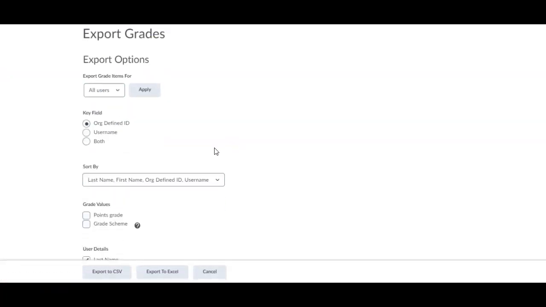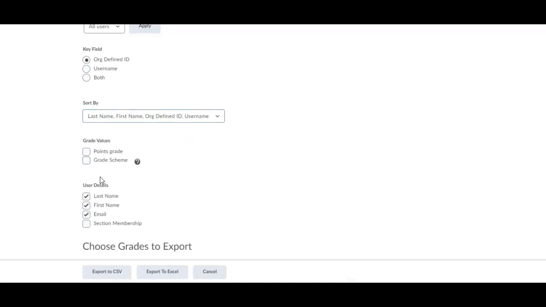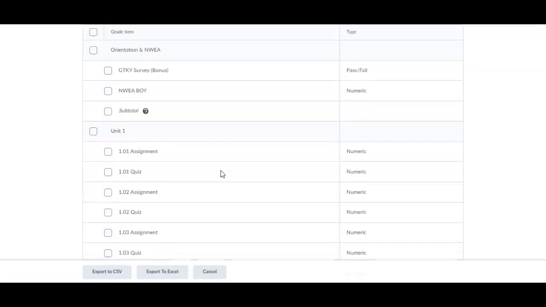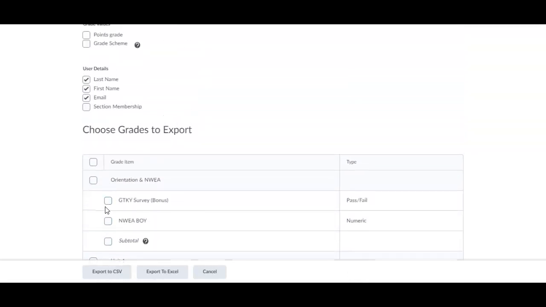So this top part you can just leave blank. I'm just looking for a roster, so I'm not going to click points grade or grade scheme. I don't actually want to export any of my grades. Last name, first name, email I'll take, section membership if you want it. Sometimes some of these are checked, sometimes not. So I just click check at the top to make sure none of them are checked when I don't want